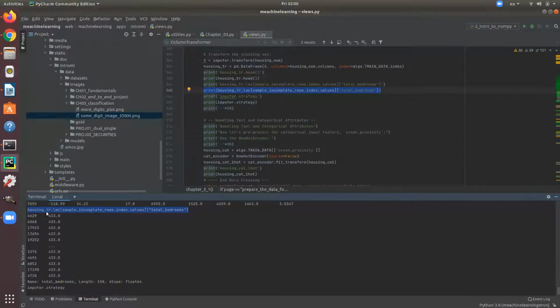So when it's printing, it's just putting the zero. This is really the place, by the way, where you can see which row had the missing data. That's really what helps you for now. Okay, so